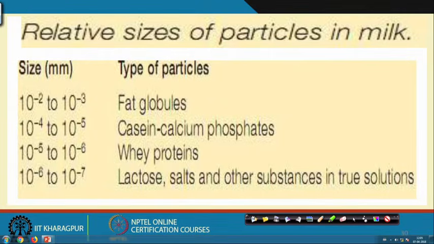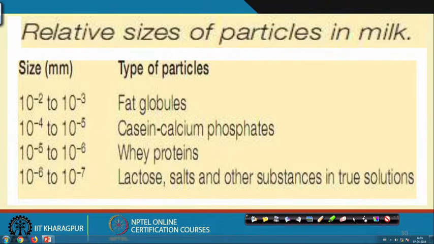Between 10 to the power minus 5 to 10 to the power minus 6 millimeter in size, these are the whey proteins, and between 10 to the power minus 6 to 10 to the power minus 7, it is all other solubles like lactose, salts and other substances